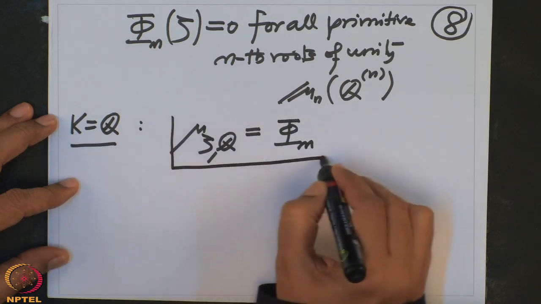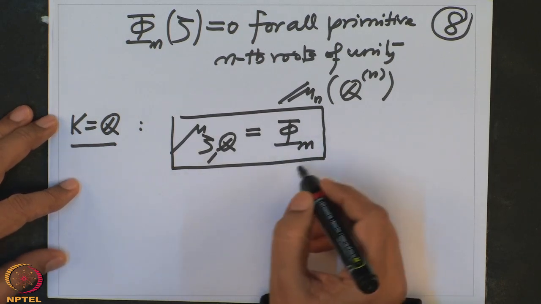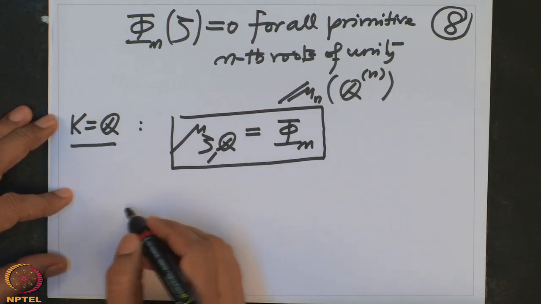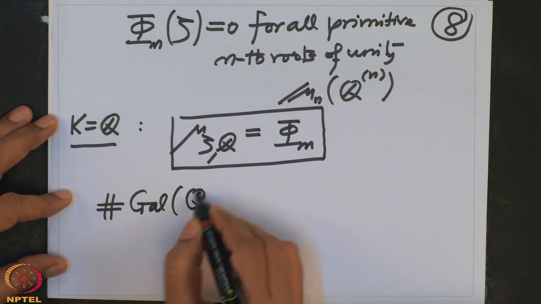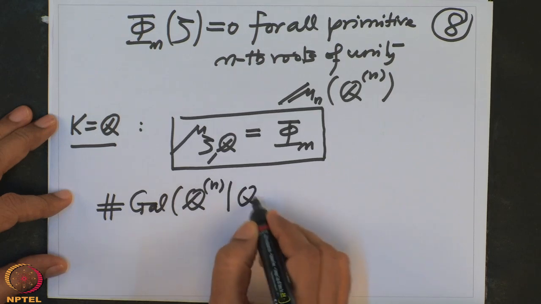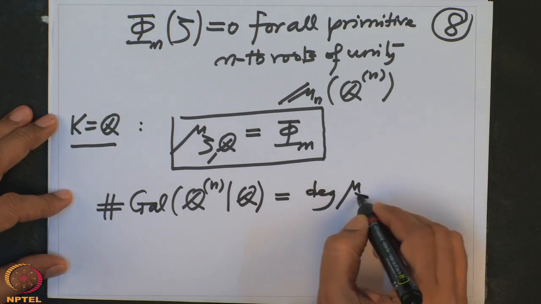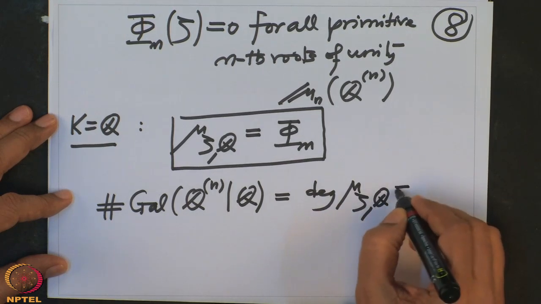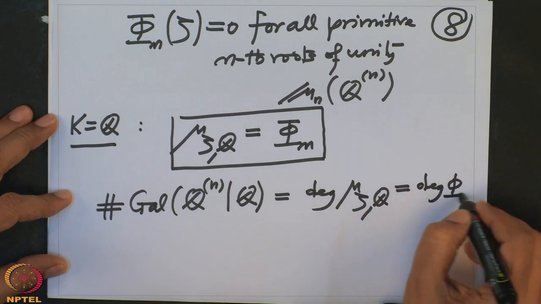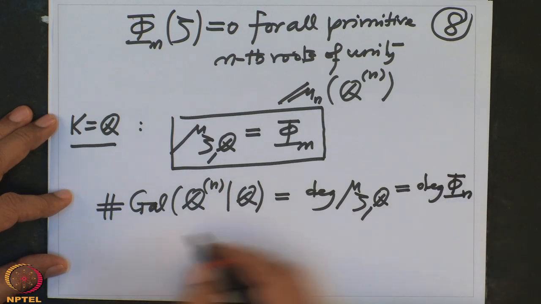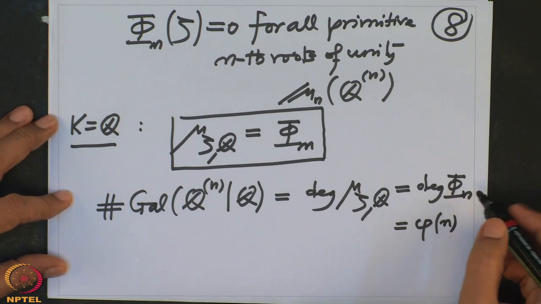If we prove this, then we will know that the order of the Galois group is equal to the degree of the minimal polynomial of zeta over Q, which is the degree of the polynomial phi n. But phi n I know the degree: this degree is phi of n, because phi n is